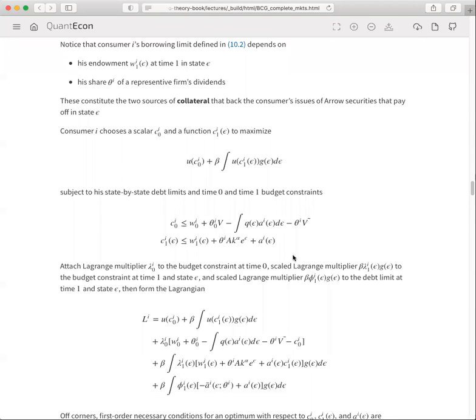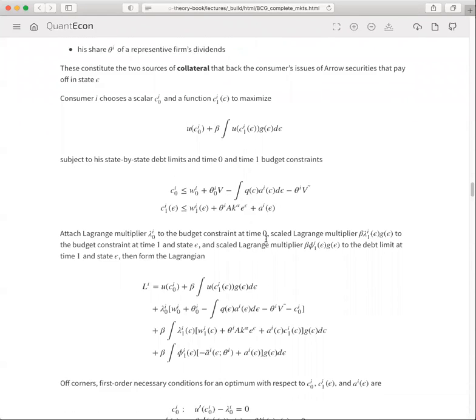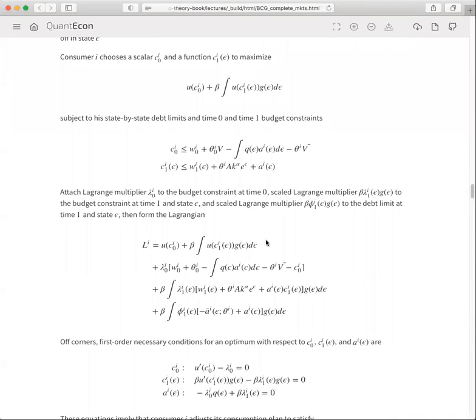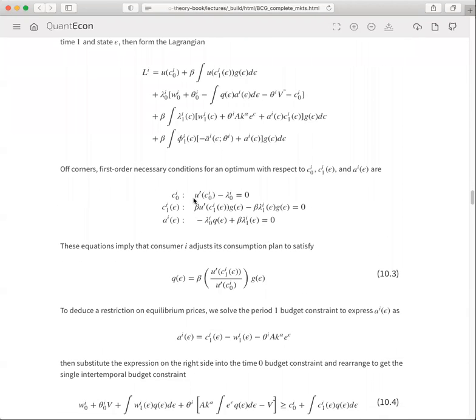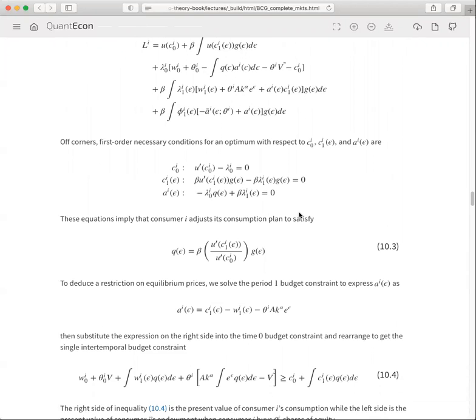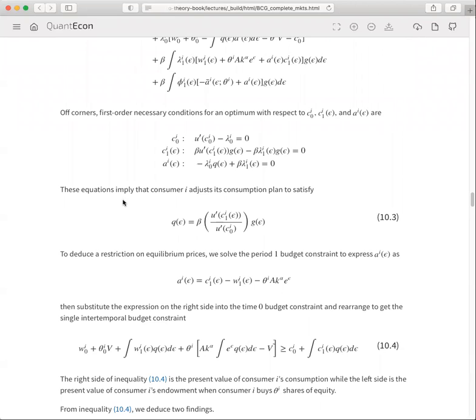So what we do is we're going to attach Lagrange multipliers as usual and get the first order conditions. And when we do that and do some work, I invite you to work through this, we get that those first order conditions for the consumer imply